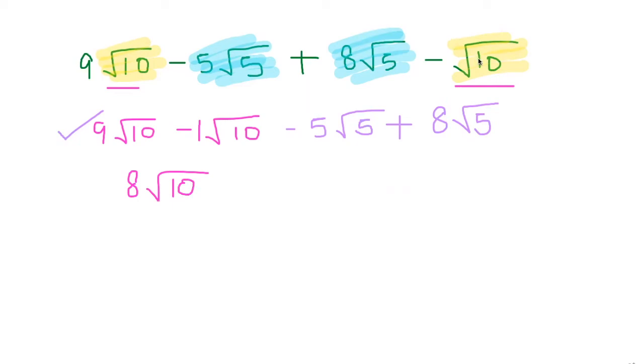And in the second set of like radicals, it is 8 minus 5 or minus 5 plus 8. Whichever way you see, you will get plus 3. We take the sign of the bigger number. Here the bigger number is 8. So 8 minus 5 gives me 3, and this is root 5 as it is. So I have solved this question wherein I am supposed to simplify.